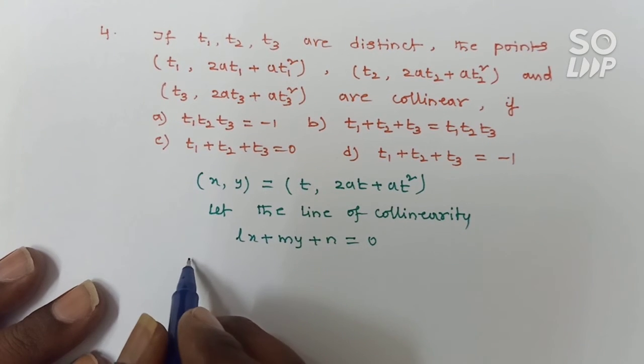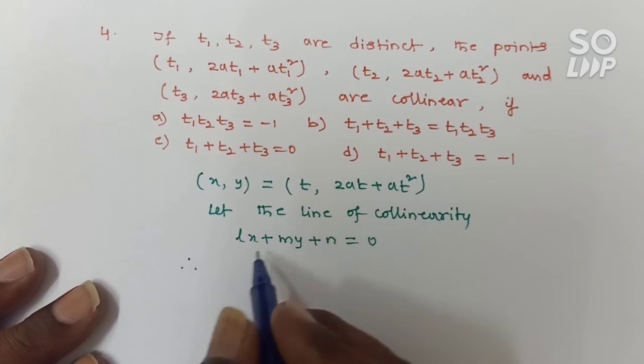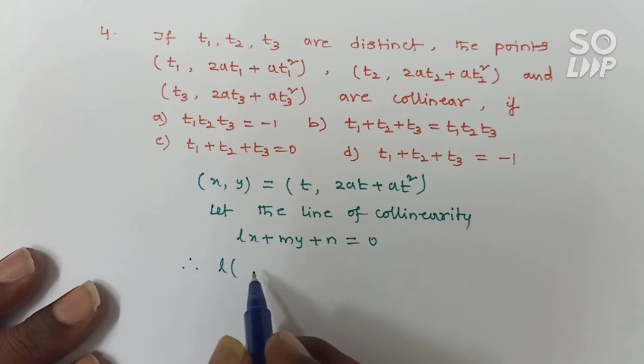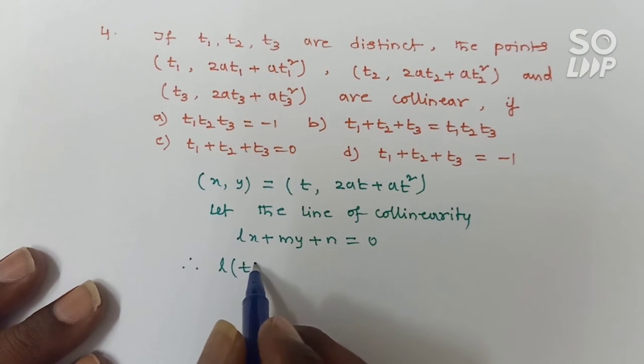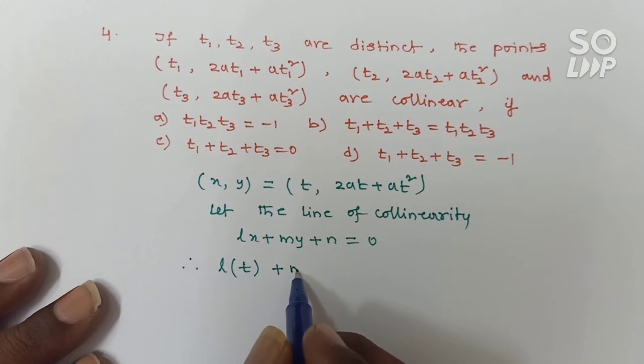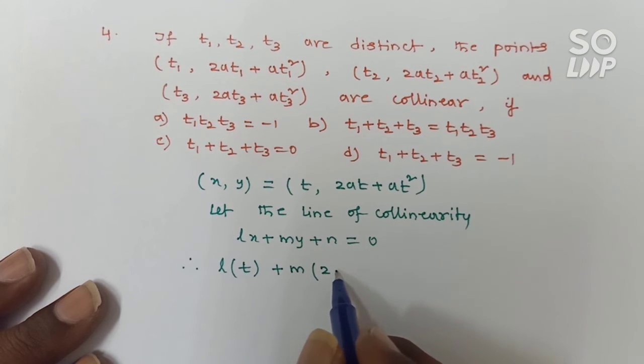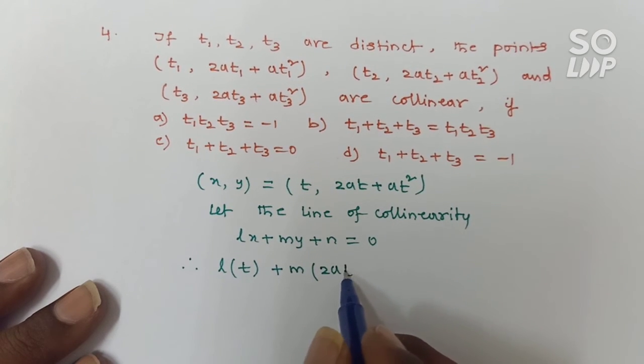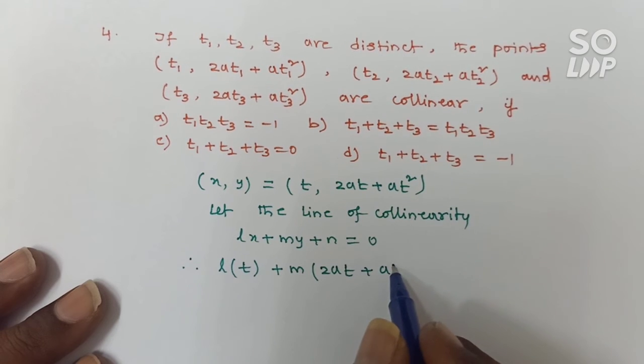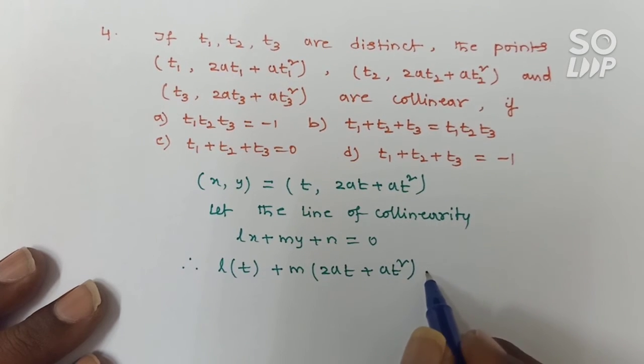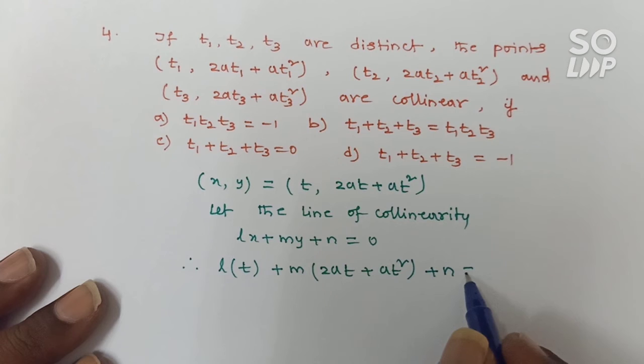Therefore we substitute this point: L into t plus m into 2a t plus a t square plus n